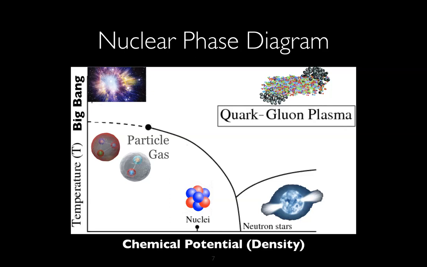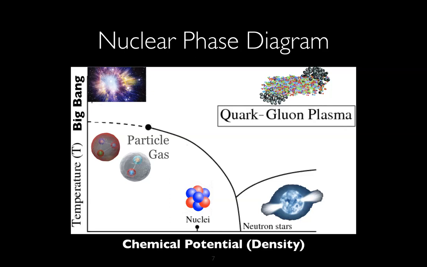A particle gas exists at high temperature and low density, but not too high of a temperature. So there you're just producing lots of mesons and lots of other random particles, like in a particle collision. If you get to high temperature and high density, we get a liquid-like phase, which we'll talk about next, which is the quark gluon plasma. Low temperature and low density, that's the early universe, because in the Big Bang, basically equal amounts of matter and antimatter were created. And so you can say that that's basically 0 density, because you subtract those together.